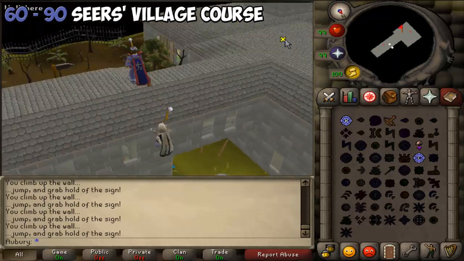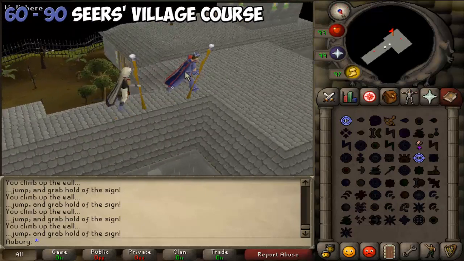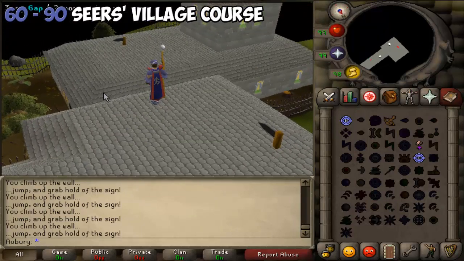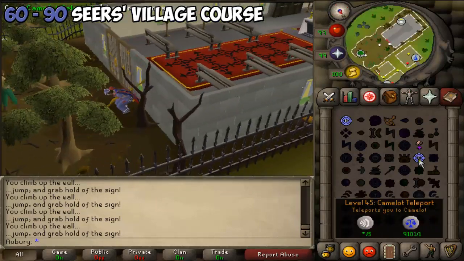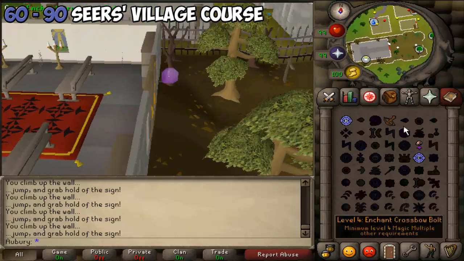It's such fast XP, and you'll be so glad that you did the diary if you are on the fence of whether you should do it or not. So this is the best way. This is the fastest agility XP all the way until level 90, and then you're going to move on to